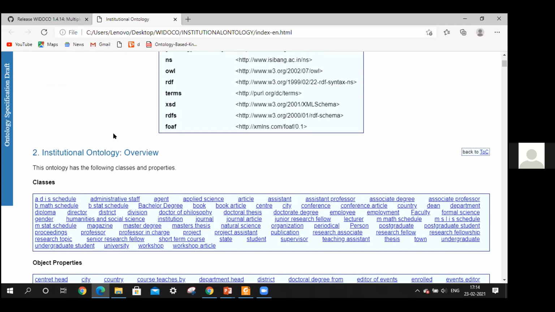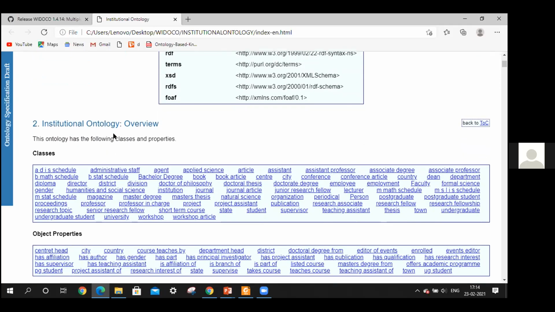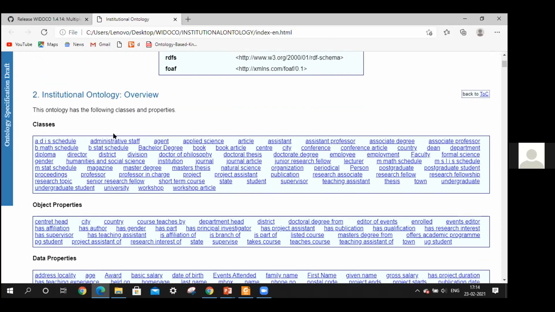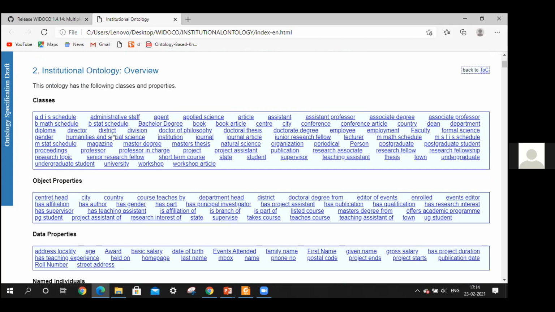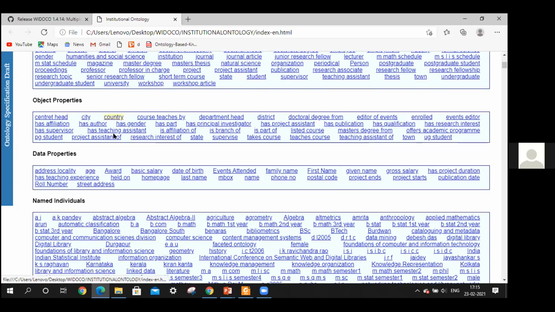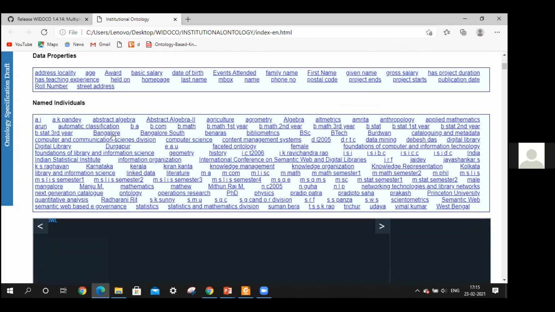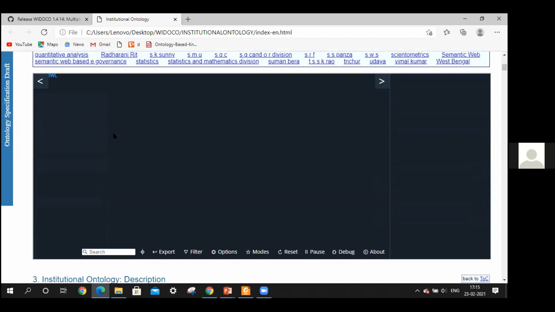Okay, you can proceed. After that, you can see the institutional ontology overview, with classes, object properties, data properties, and named individuals. And here you can see that the WebOWL visualization is not there, because we are doing it on our own system.